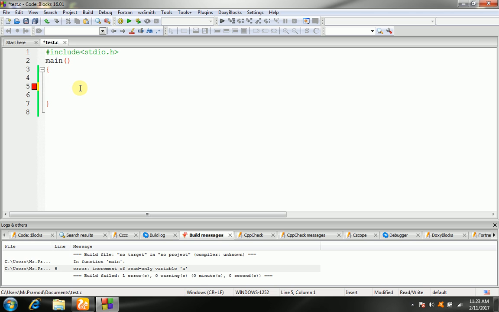Floating point literals. A floating point literal has an integer part, a decimal point, a fraction part, and an exponent part. You can represent floating point literals either in decimal form or exponential form.